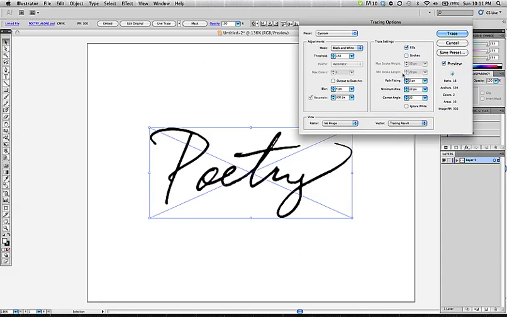You have something called your path fitting. This is the field that deals with, oh look, it tells you right there. There's my little cheat sheet. Control over the distance between the traced shape and the original pixel shape. So how accurate is the edge of that path going to be from the original